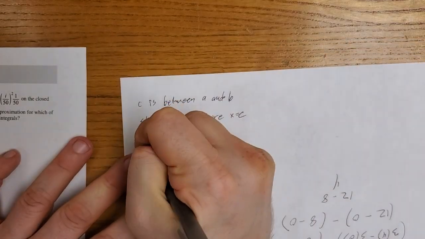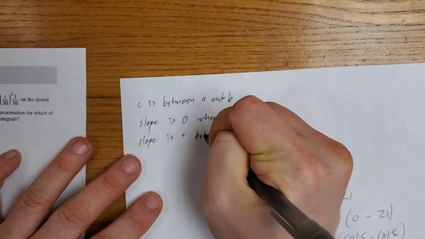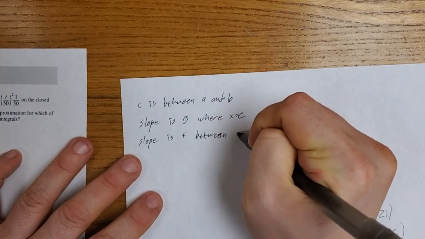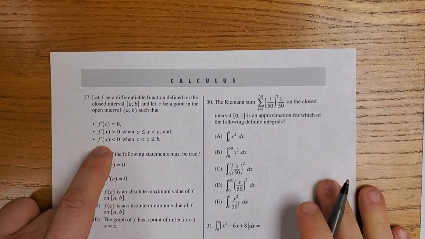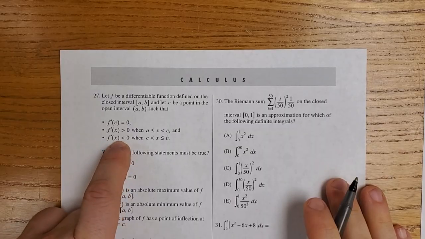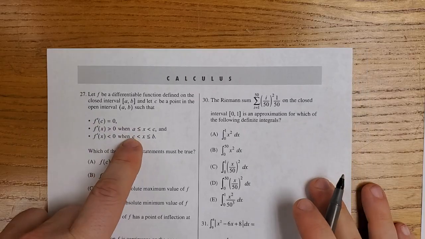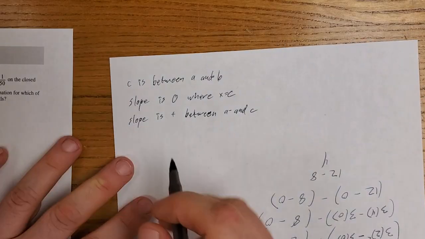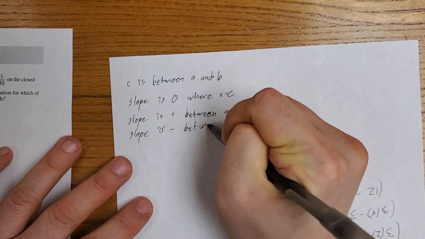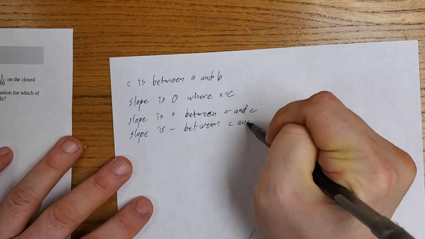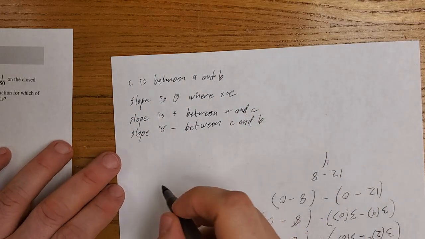So the slope is positive between a and c, and then the derivative for x's are less than 0. It is a negative value between c and b. So the slope is negative between c and b, and that tells us that c is a maximum because